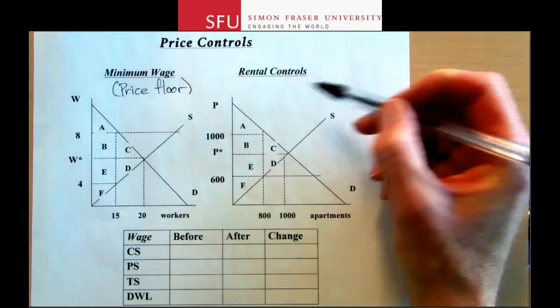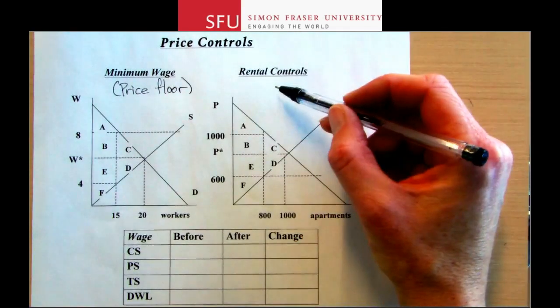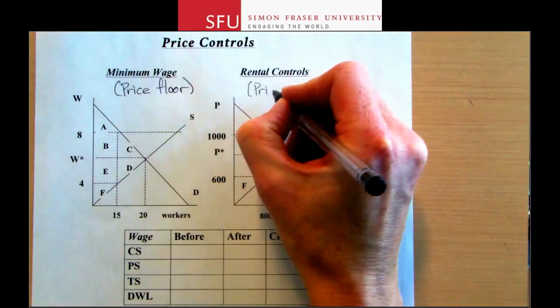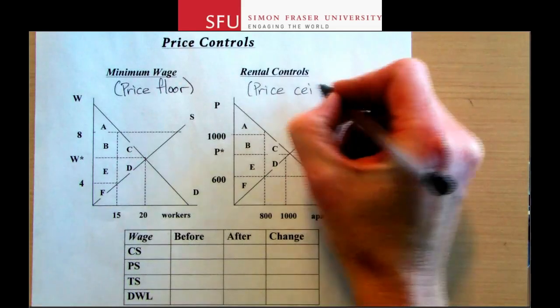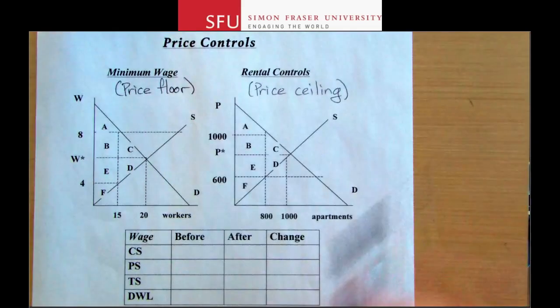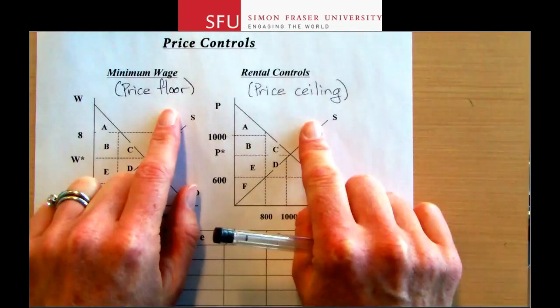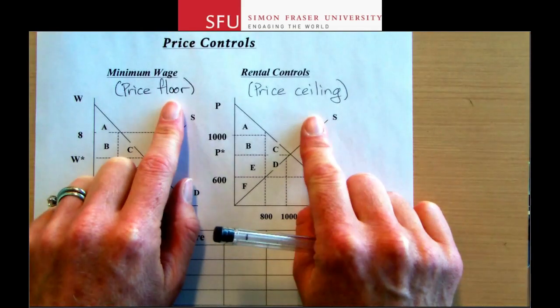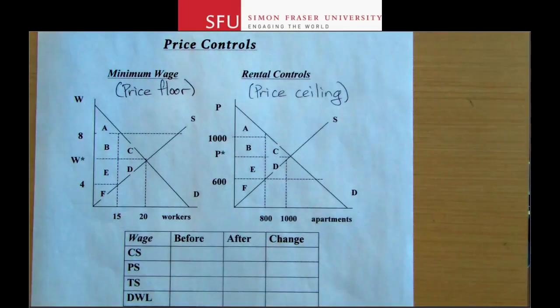And then rent control is when they push the price down, so that's called a price ceiling. And so it's the opposite of a floor. The price floor will go above the equilibrium, ceilings will go below, and that's because there's simply a minimum